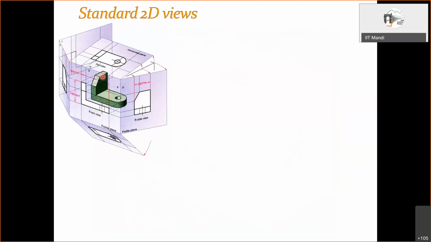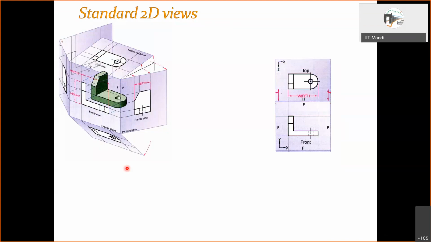So here we have the front view. This front view remains at its location, and then see this side view is opening up. This will get aligned with this vertical plane. The top view, the top surface opening up, will also align with this. The same goes for the bottom and left side and back side. Okay, so first of all, front view, and with reference to the front view, everything else is to be drawn. So here we have the top view. This opens up, comes above the front view, right?